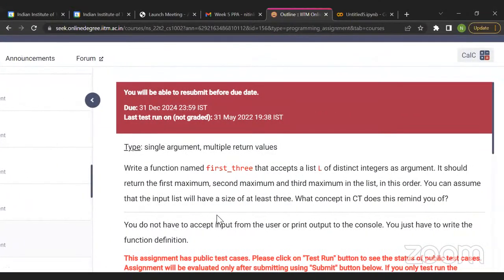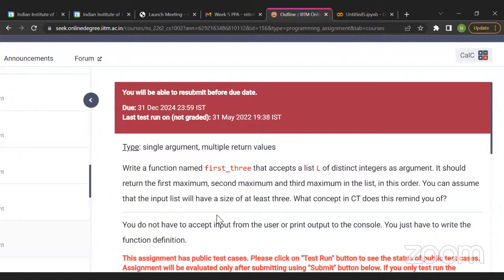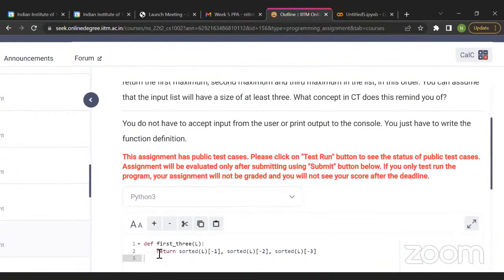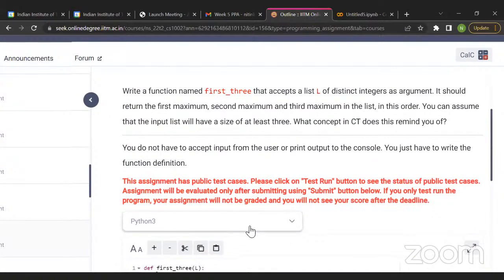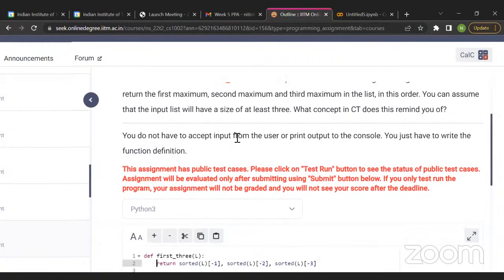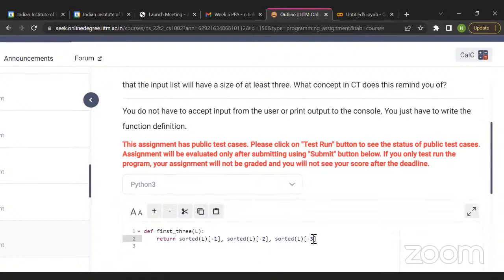Write a function first3 that accepts a list L of distinct integers as an argument. It should return the first maximum, second maximum, third maximum in the list in this order. You can assume that the input list will have a size of at least 3. What concept does this remind you of? Okay, so it's very simple. Here you can use the function called sorted(L). Sorted L will sort the list in increasing order. Once it is sorted in increasing order, you can find the first maximum, second maximum, and third maximum. So it is -1, -2, -3. It will return the